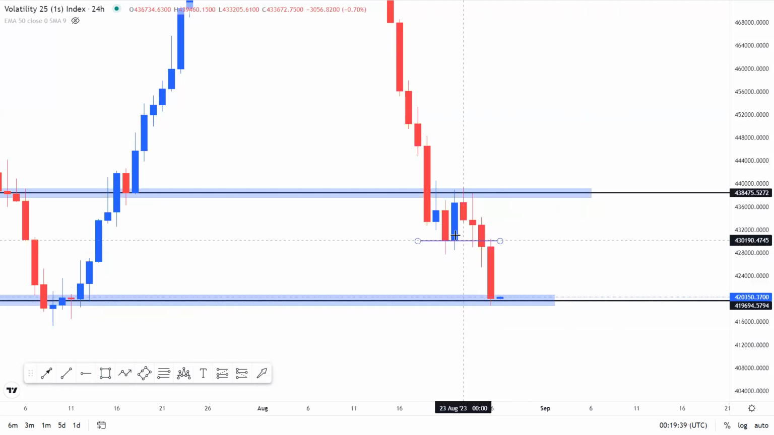Now, what would you notice about the level right here? Previously, we had the level acting as a support, and then we're having to see what a daily break of the level. Now, you know this level is a structured level